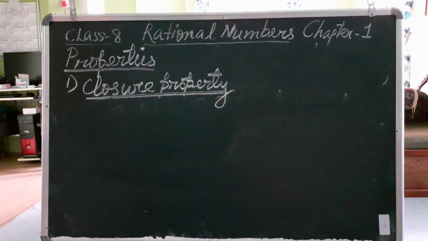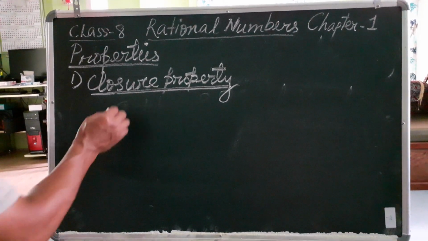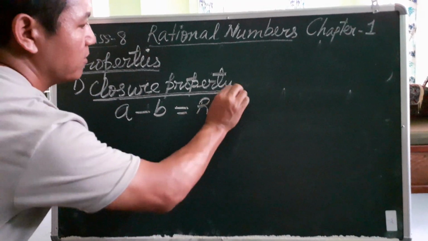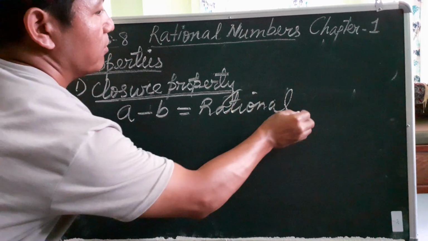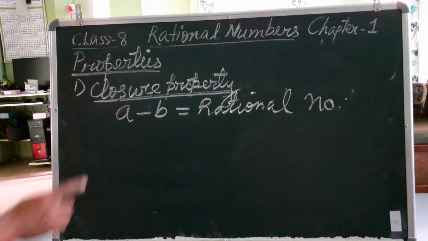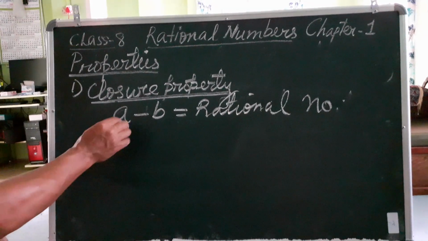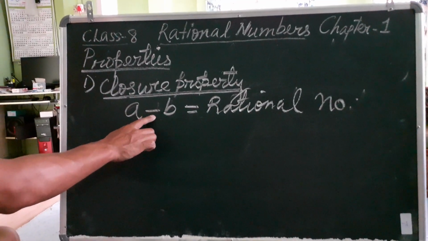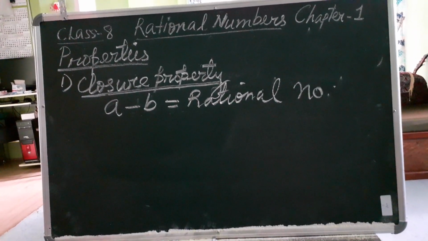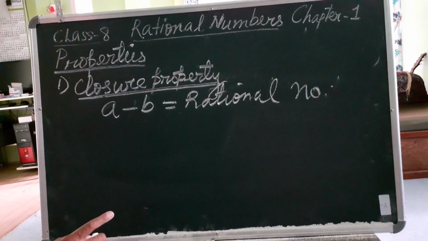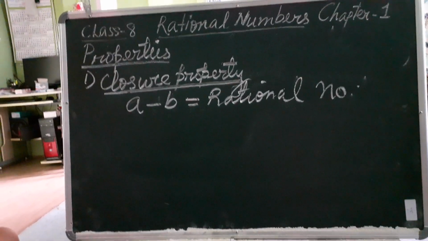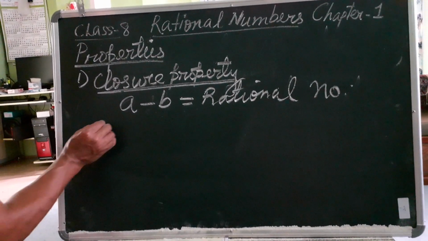Again, if A and B are rational numbers, then A minus B is also a rational number. This is closure property of subtraction. The difference of two rational numbers is always a rational number. This is called closure property of subtraction. For example,